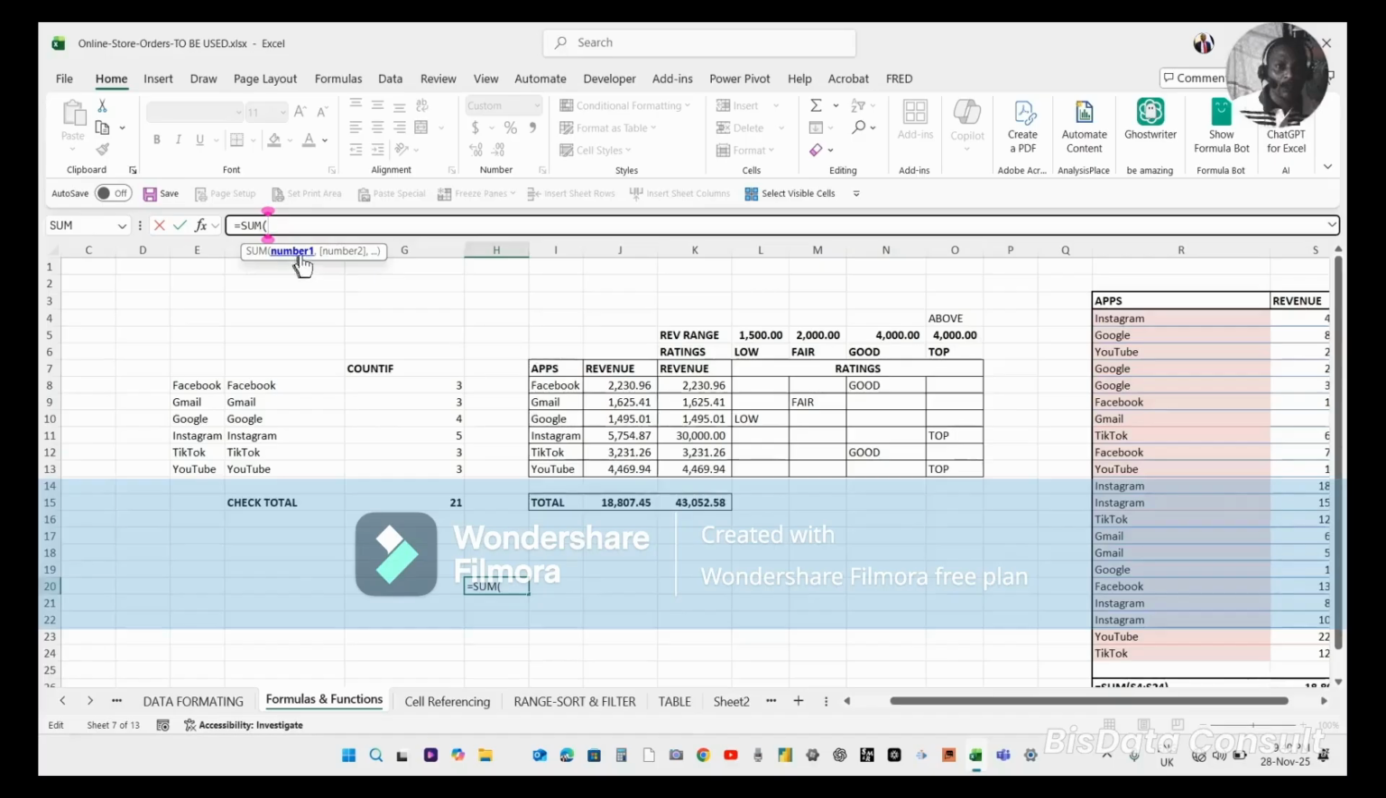So this input that the formula takes is what we call arguments. So arguments are the inputs that are given to a formula or a function to perform calculations in Excel. Okay,